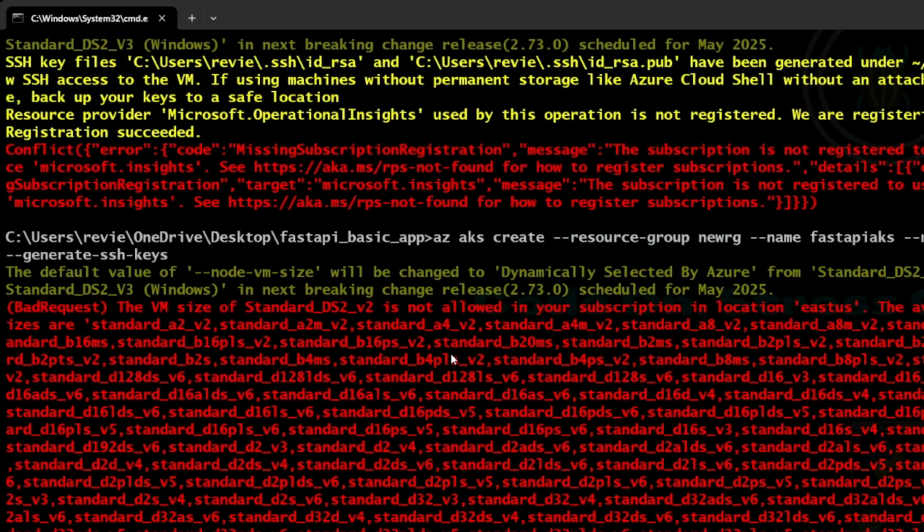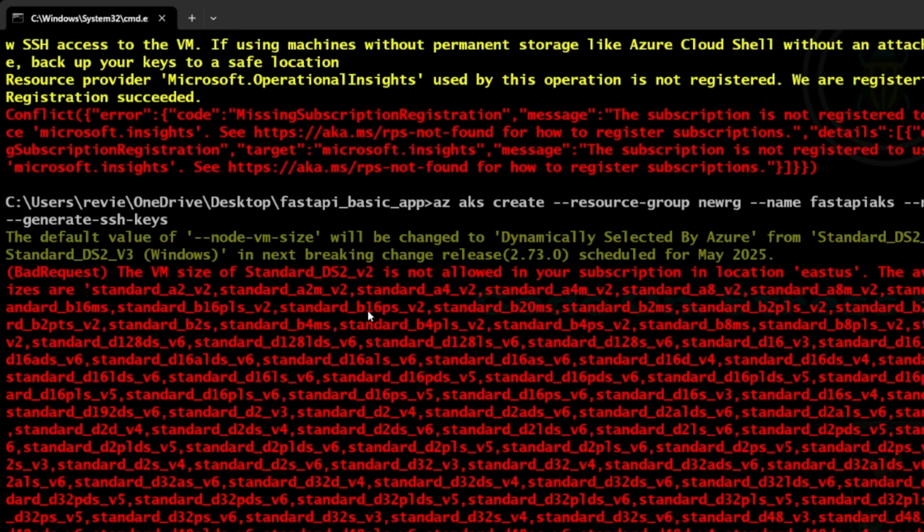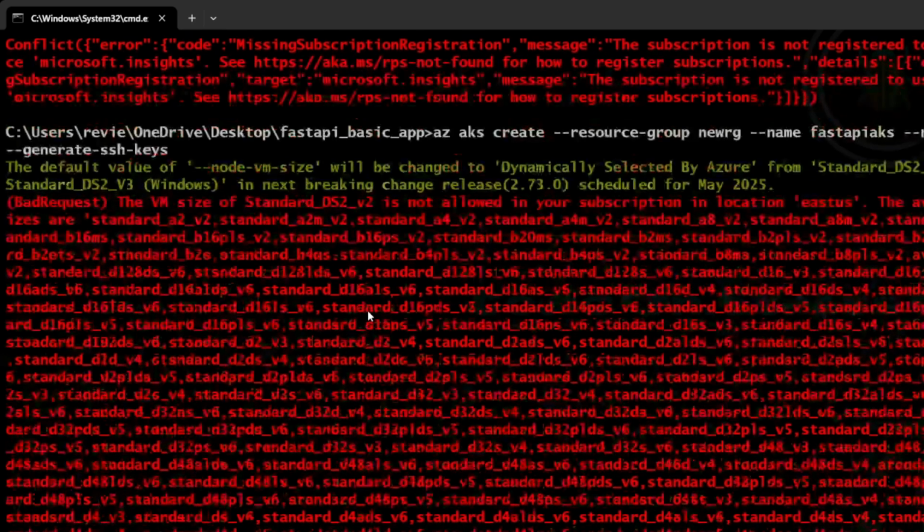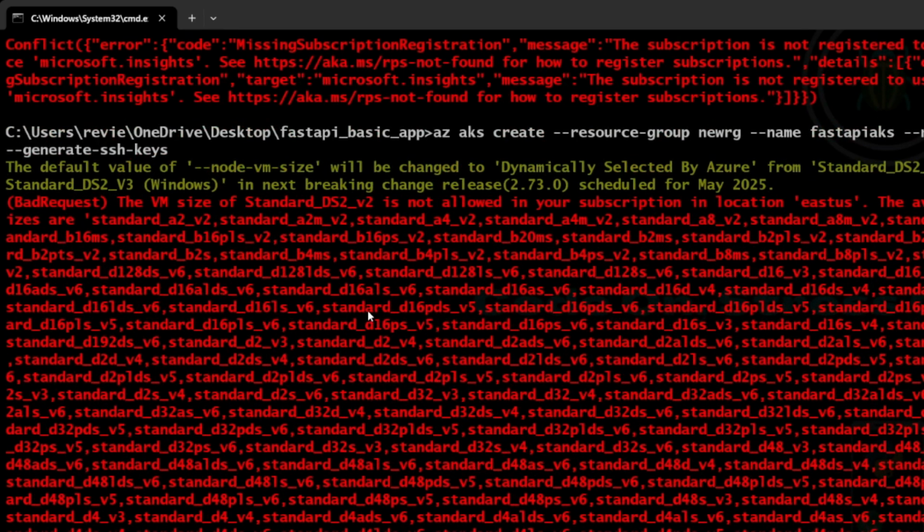my node VM size will be changed to this, but it's not allowing me to do so because standard PS2 V3 is not allowed. In this case, I'm going to use standard D2S version 6.